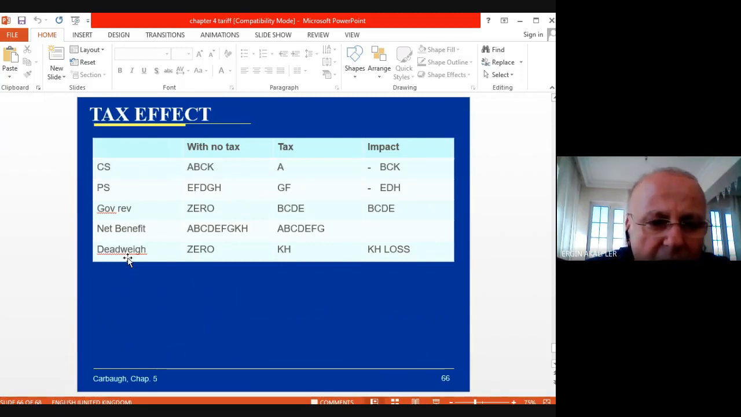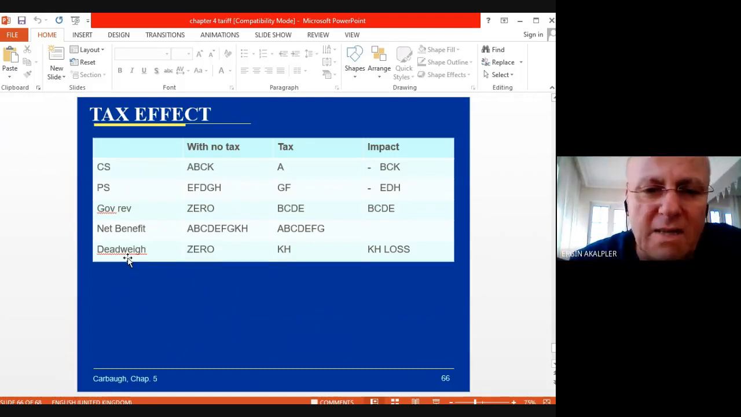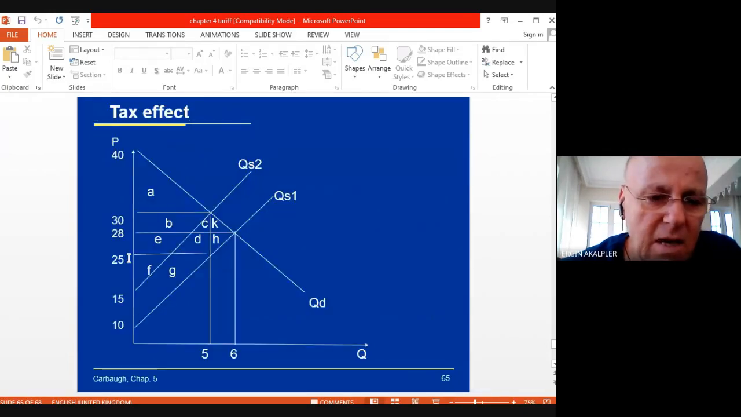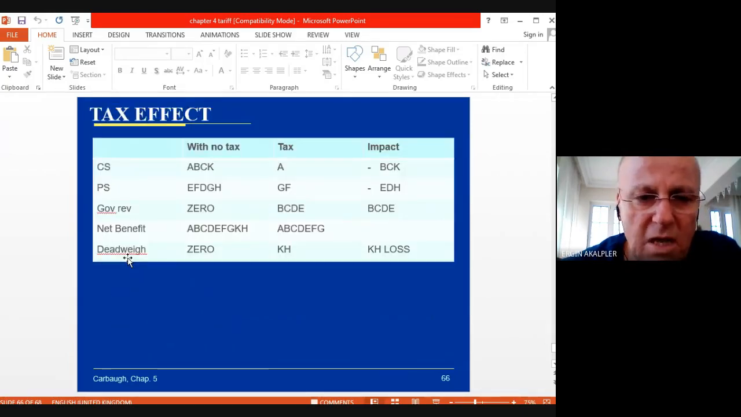EFDGH is the producer surplus without tax, and government revenue is 0 because there is no tax, and net benefit is A, B, C, D, E, F, G, H, and K, and the deadweight loss is 0 here because there is no tax. And after tax is applied, the consumer surplus is reduced to A, and producer surplus, G and F,